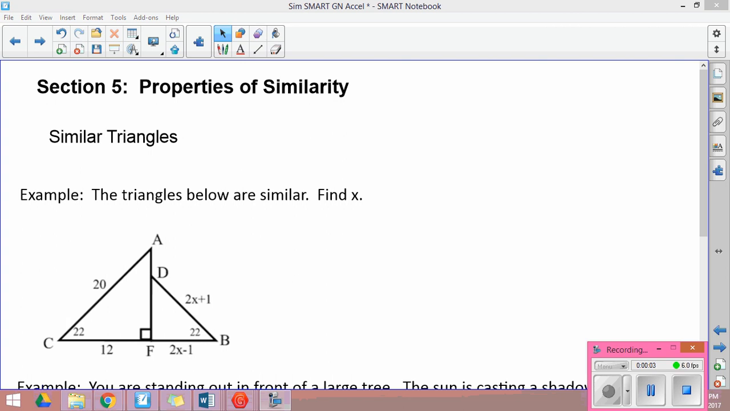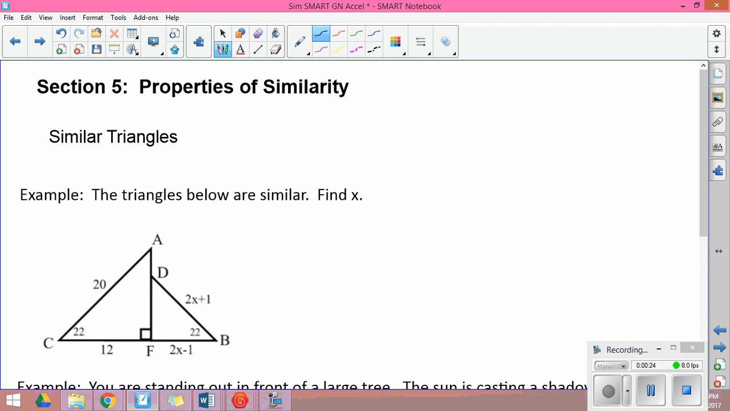Section 5 is going to look at some additional properties of similarities, which really are going to boil down to creating those proportions of corresponding parts to corresponding parts. The trick is just always making sure that you're comparing apples to apples and oranges to oranges when you write those proportions. So we've already talked a little bit about similar triangles, and similar triangles are going to have all